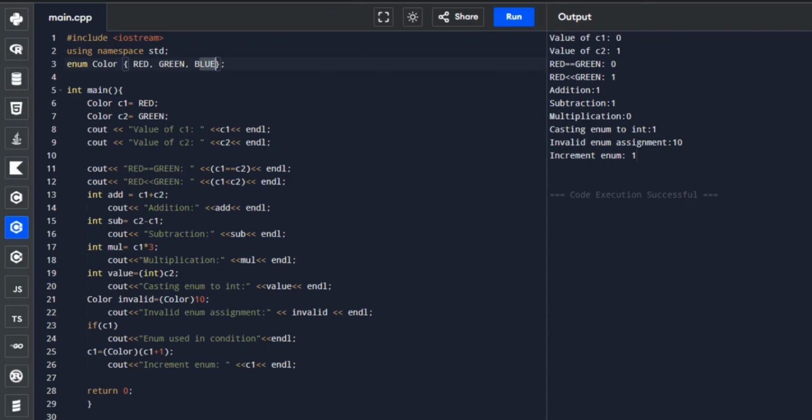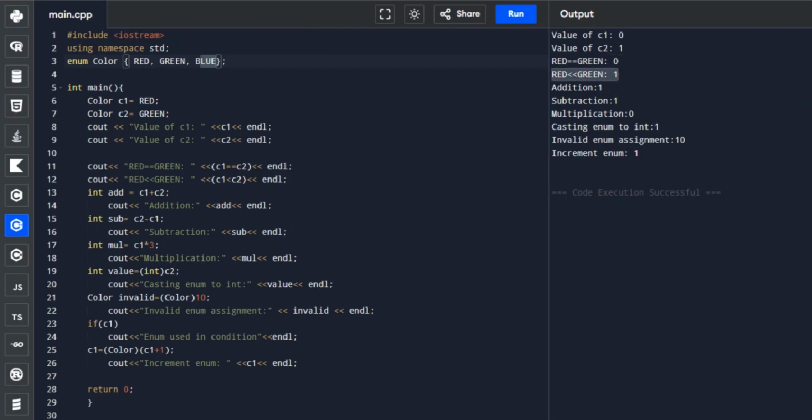So this program demonstrates several operations on enumeration types, and this includes assignment, equality comparison, and relational comparison. I think this one got a wrong display here. Let's check it again. It should be only one less than symbol.